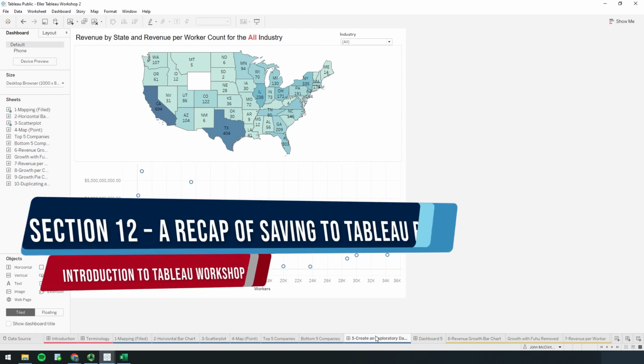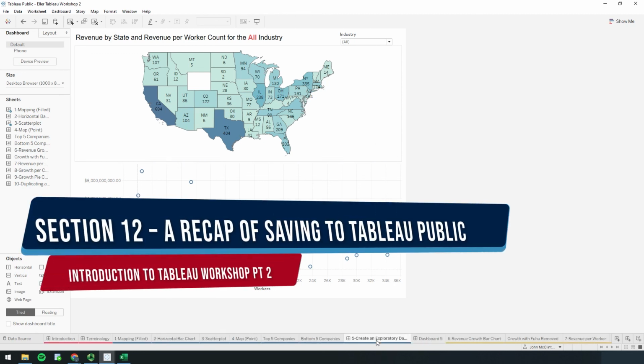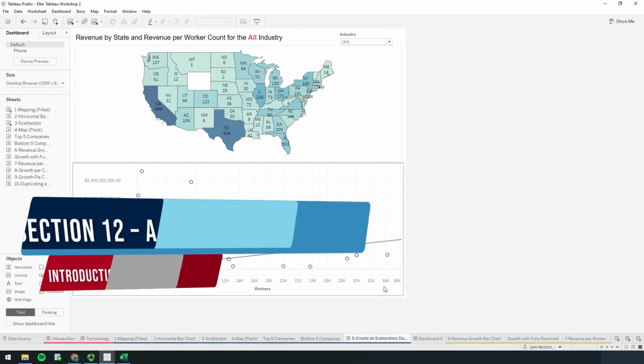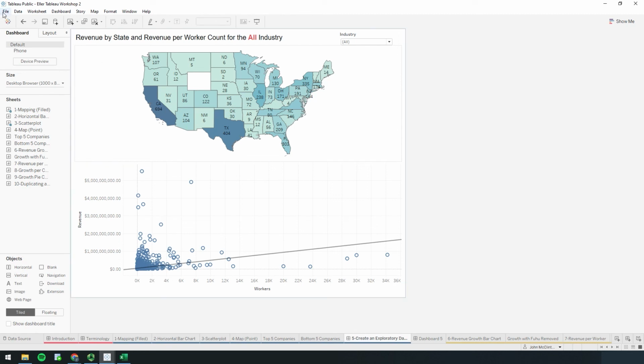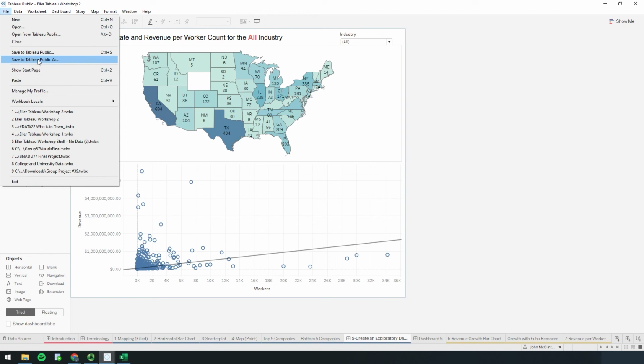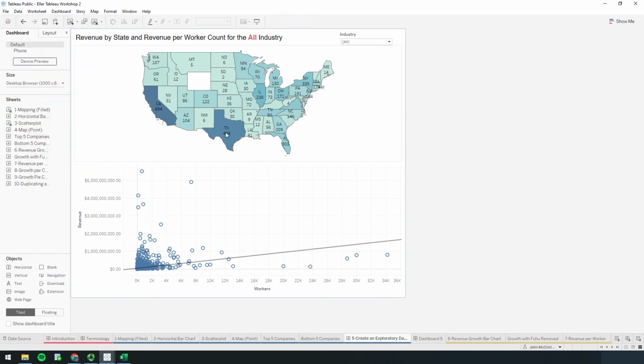Okay, again, saving works the same way. So if you wanted to save whatever you've made to your Tableau Public profile, again, that's the only save option if you're using Tableau Public. If you're using desktop, you can also save it locally to your computer. But if you're using Tableau Public, it'd be File, Save to Tableau Public As. If you aren't already signed in, it'll ask you to sign in, and then you can save this as whatever you want. When you hit save,